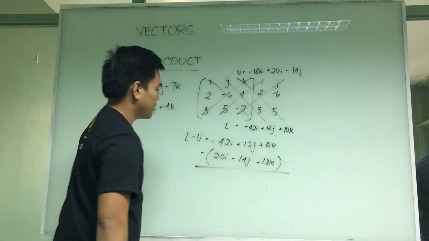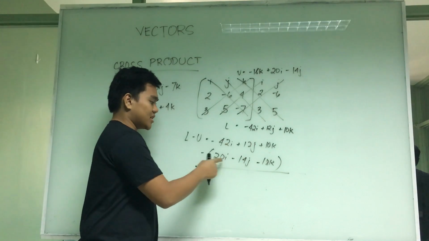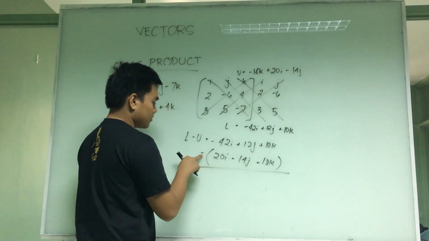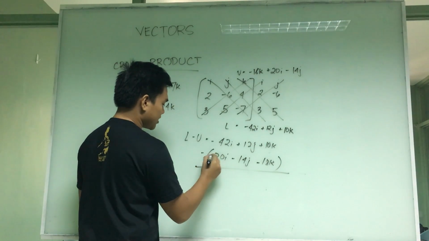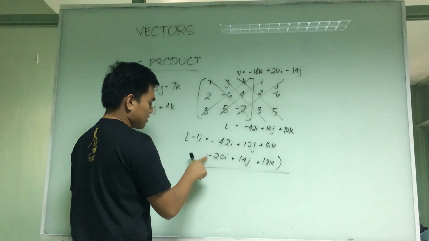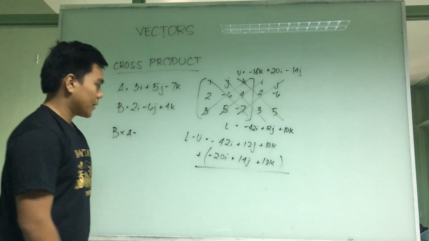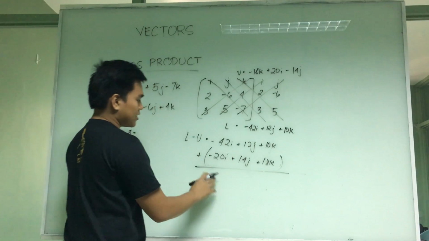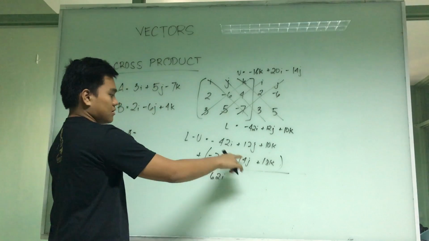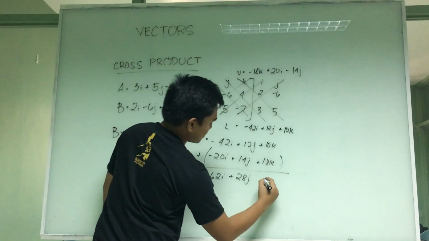So we get the answer here. We're going to change the sign since it's subtraction. We'll just distribute the negative sign. This is negative, this is positive, this is positive. So let's just remove this one. Now let's add these equations. We'll have negative 62i plus 28j plus